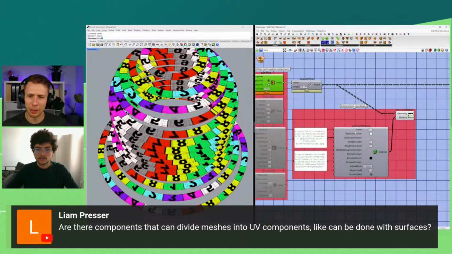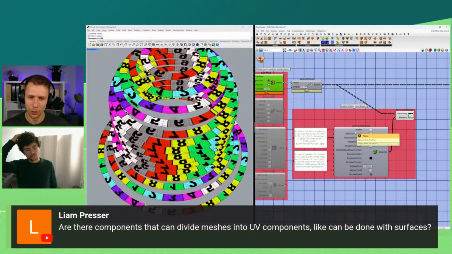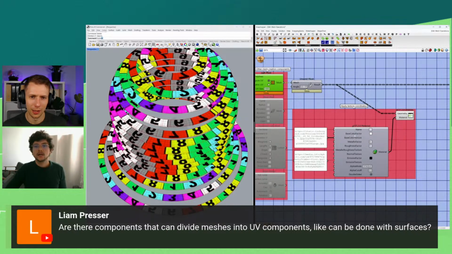Actually, speaking about the UV, we have the question: are there components that can divide meshes into UV components, like can be done with surfaces? So to lay it down, to unwrap it, basically. I mean, there are two ways, because one thing is to unwrap it for geometrical reasons, and another is to unwrap it for texturizing reasons, for affecting the UV coordinates.